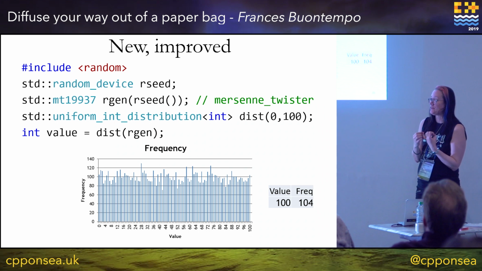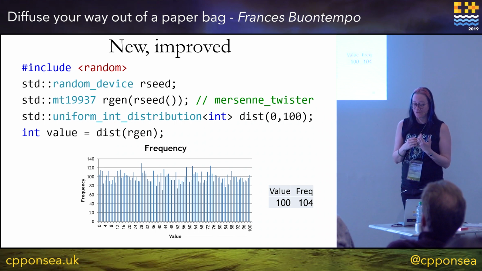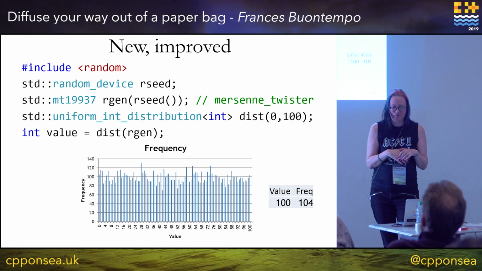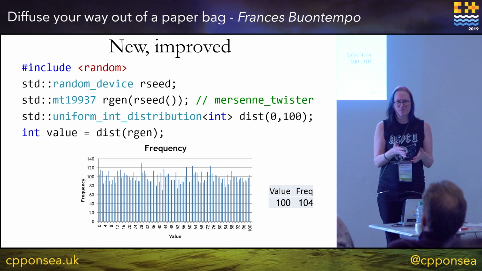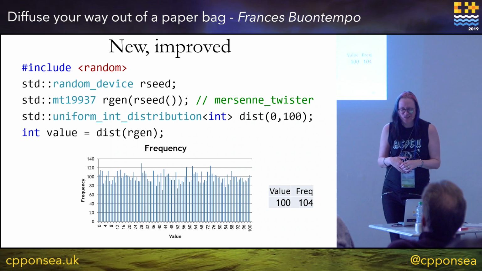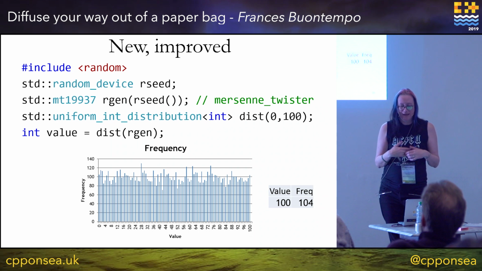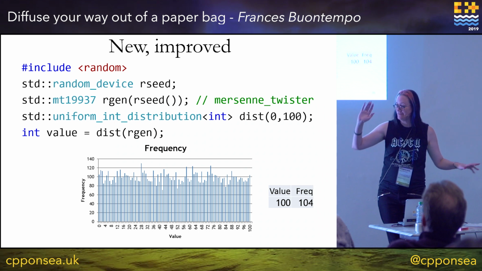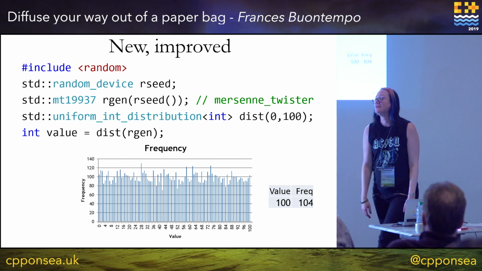And I have a generator. There are a variety of different generators. This MT is a Mersenne twister that I mentioned before. You seed it. We know about seeding random numbers. We know why. I'll unpack that slightly in a moment if we're not sure. And you just call your distribution with your generator, and it gives you a number back, and then you can play a role-playing dice game or something.